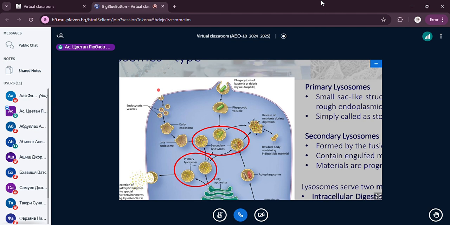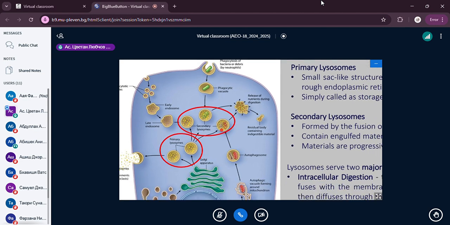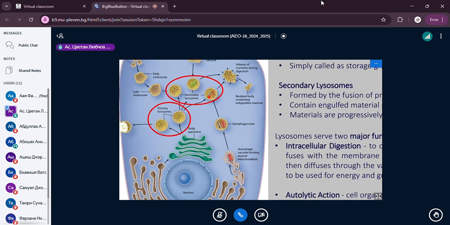The primary lysosomes, the cells recognizing some bacteria or virus on the surface, then include it, also wrapped in the membrane, guys, and fuse it with that. The most severe case of cells,